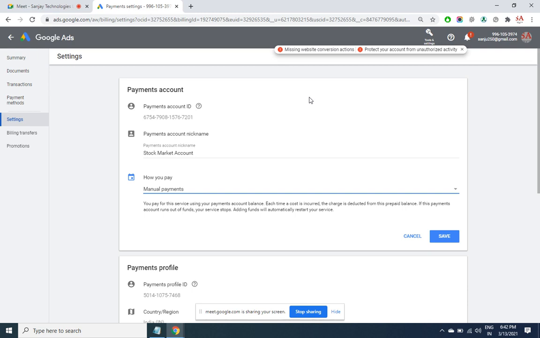It may sound too good to be true, but the fact is that such kind of AdWords account also exists, wherein $10,000, approximately 7 lakh worth of advertisement, you can do every month. We don't know till when. There's no end date for it so far. That means this offer will go on till there's a termination of this offer, and this offer has been going on for more than 5 years. But there's a big condition here.